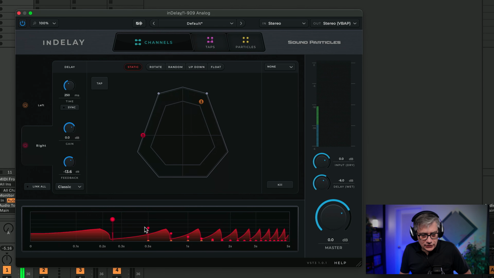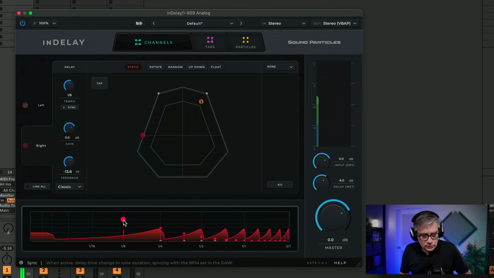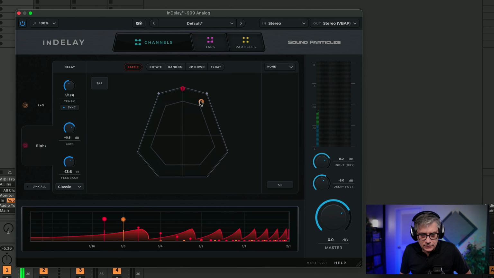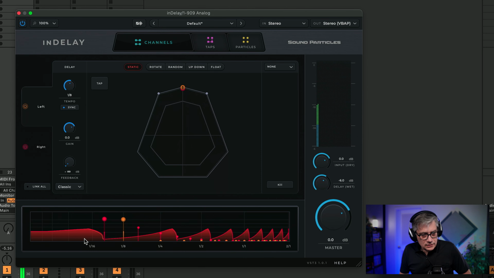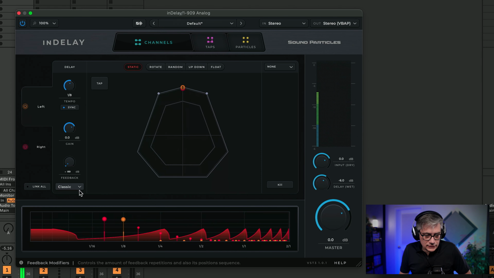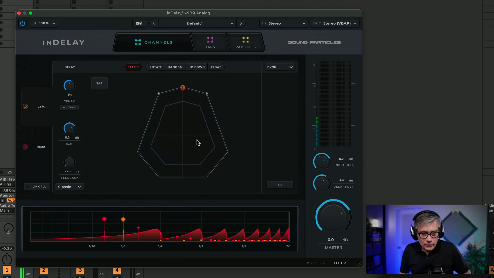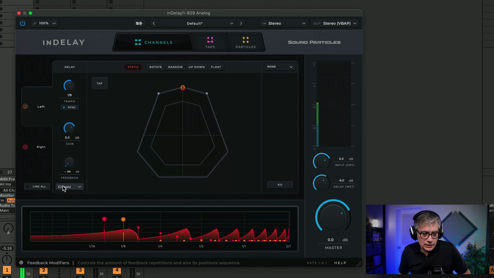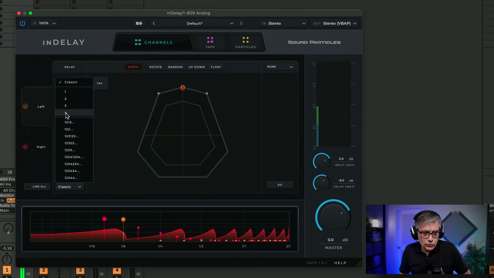you can change the feedback here. So let me go to sync mode. I can, if I want to, that's on the left. Let me put that in the center. Now what you can do here is, for example, if I want to have only 4 tabs, I can go here from classic to 4.